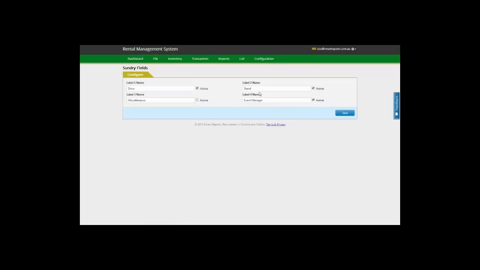Another key functionality provided by the system is to have extra fields. On the rental transaction screen, we provide a lot of fields to capture data about your rentals and things like that. However, certain industries require additional data to be captured. For example, if you are an event management company, then you may need to capture the details of the show, the stand, the event manager, and other details. So you can